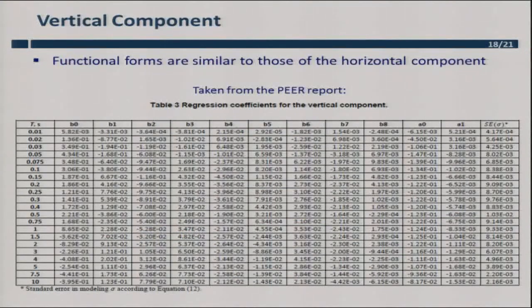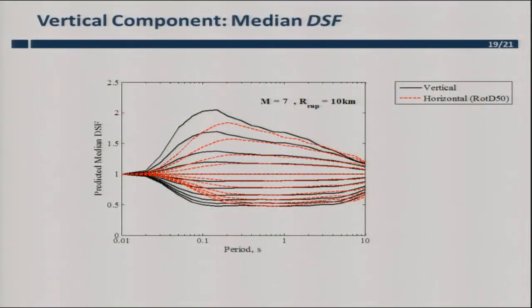We also developed a similar model for the vertical component. The functional form is the same as that of the horizontal components, but we have different regression coefficients. So we have a different table for the vertical component that's given in our PEER report. The biggest difference between the DSF for the vertical and horizontal component is that the peak for the vertical component happens at a lower period or higher frequency. And it's also more extreme, so it's a bit higher or lower depending on where you are on your damping